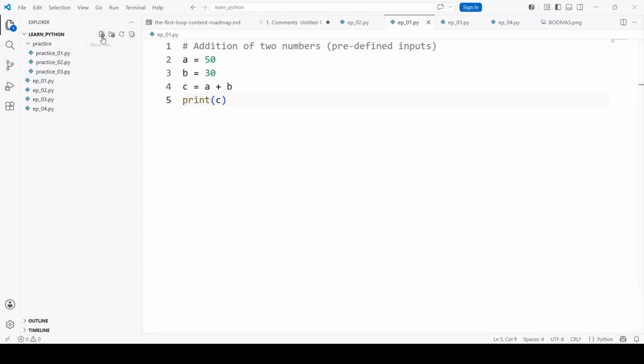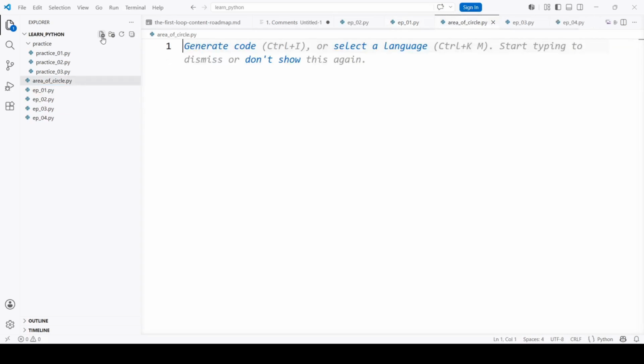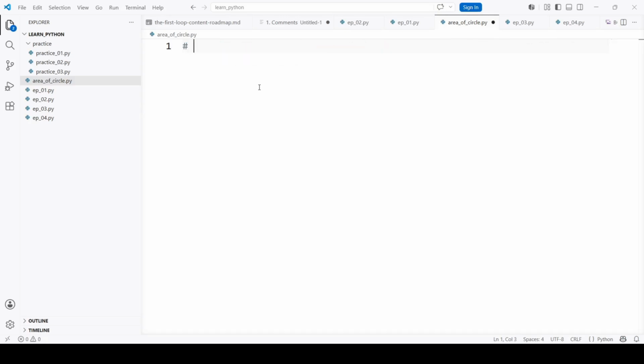So how do we give that name? As usual, click on this icon. It will ask you to give the file name. Now I'm giving area underscore of underscore circle dot py. Now press enter. The program is created. The file name is area_of_circle.py. Now you can add your comment. You can write multiple comments also in a single file. So the formula is